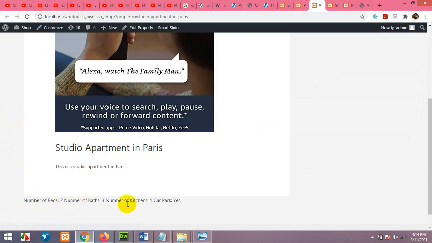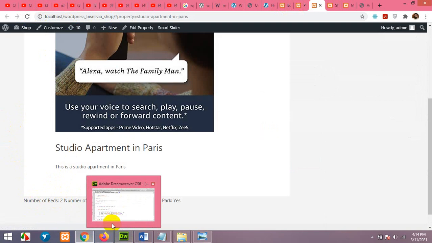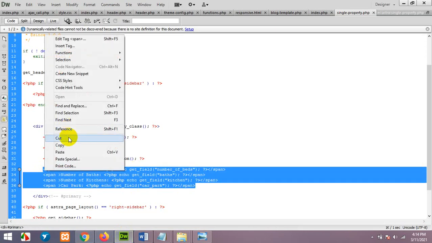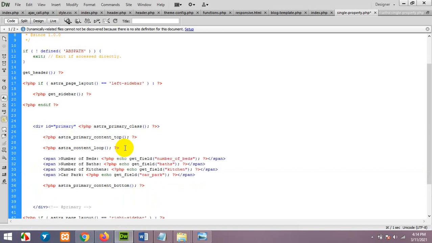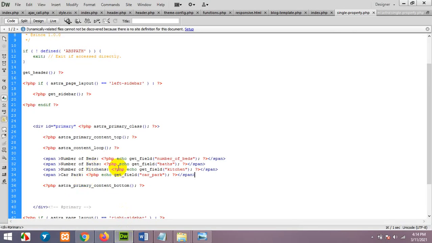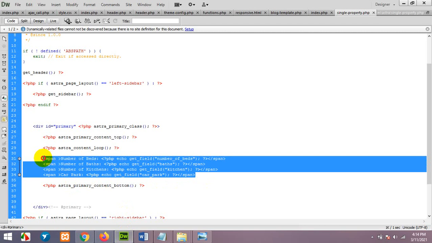Okay, all these values are coming up, but it's not within the design, so we will move them above the button, cut it and paste it above the Astra content property button. Okay, save and refresh. It's still not within the content, so we can just leave it here, or we can add it above the content loop, but that will also not look right because it will appear above the thumbnail.